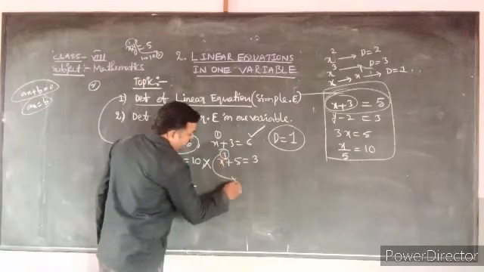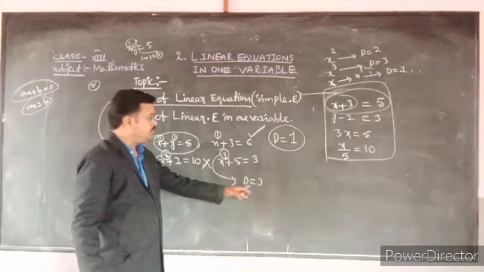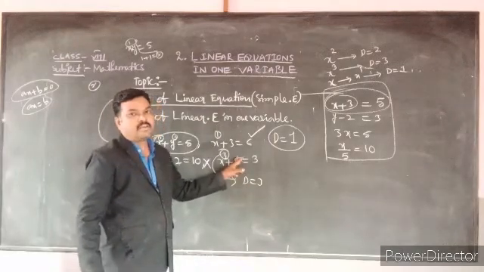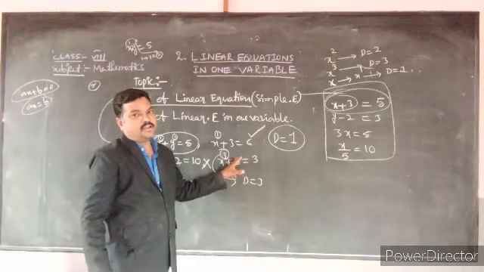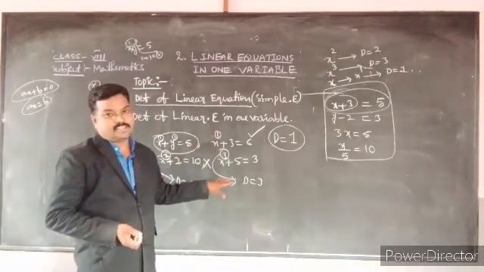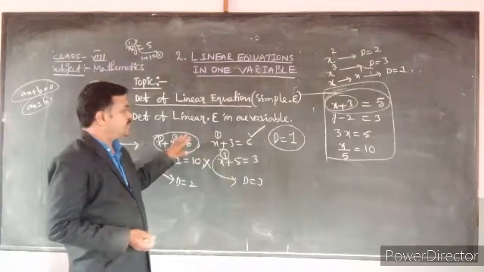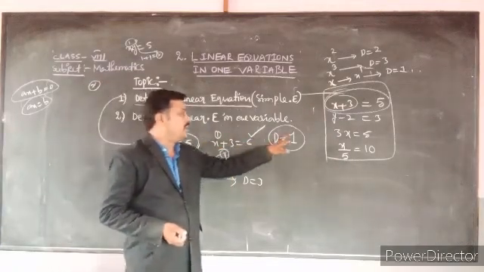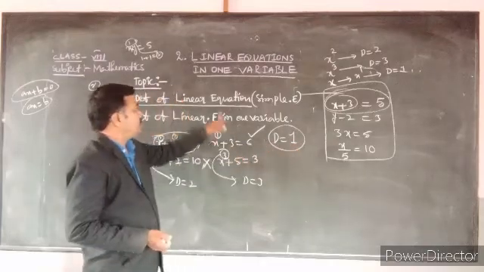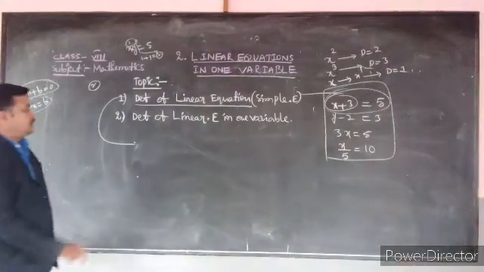Here also, in both examples, the degree is 3. This is not an example of a linear equation. Now I hope you understood how to identify linear equations, whether they have one variable or two variables. Where the highest power or highest degree is 1 in an equation, that is called a linear equation or simple equation.